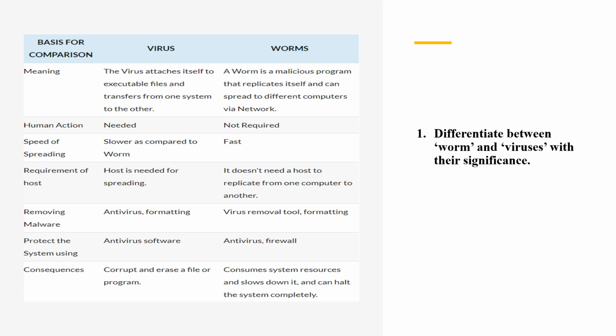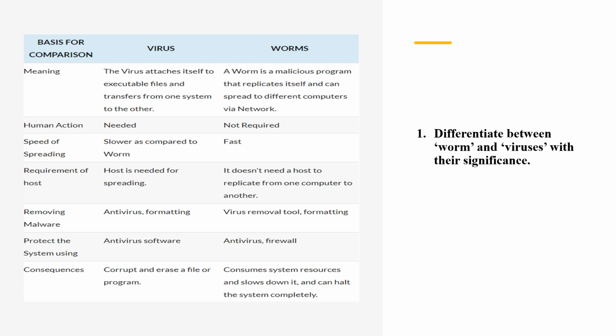First question, differentiate between worm and viruses with their significance. Worms and viruses are two different computer programs that run on the network to spoil the files inside a particular network or a software or a PC. The basic difference is that a virus is executed with executable files, that is, it is itself a program that runs on a computer, but a worm is nothing but